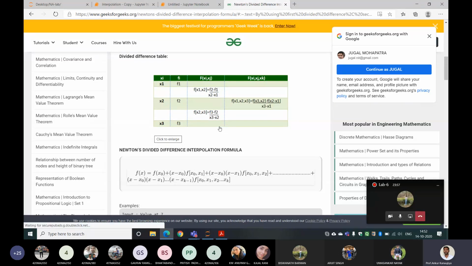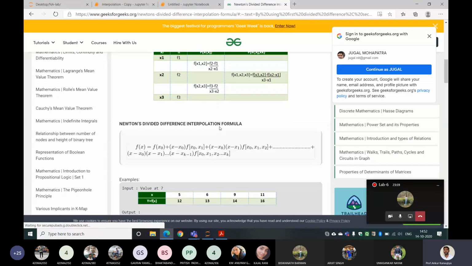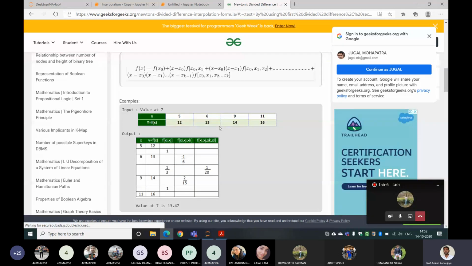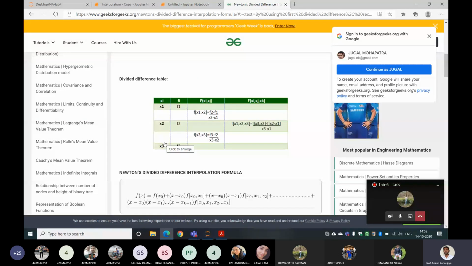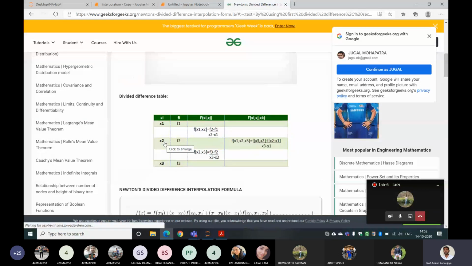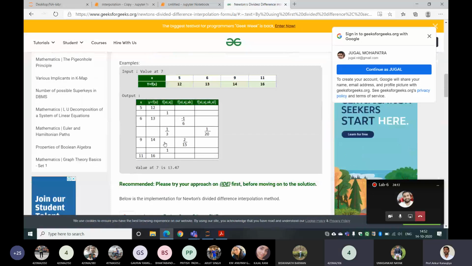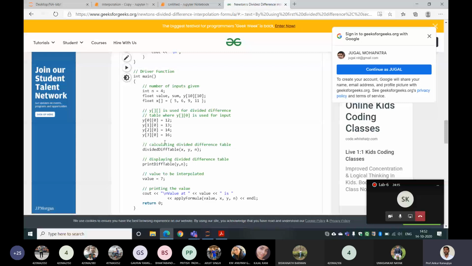Those who are saying 5 cross 4 or 3 cross 4 or something, how many rows? This depends on the data, how much data you have. Data size is 5 points, 6 points, or 10 points, that many rows. Okay, sir. So if it is there, I have to see one minute.